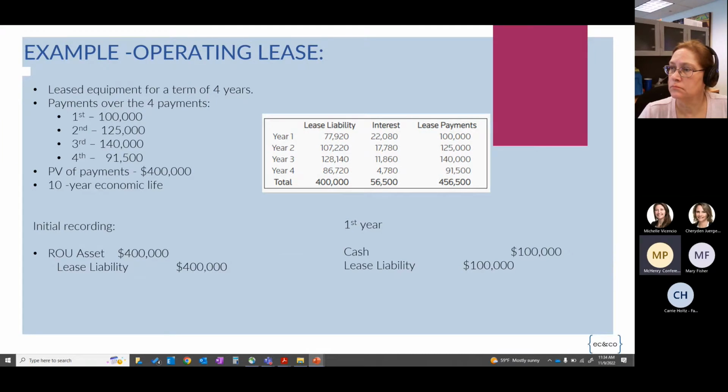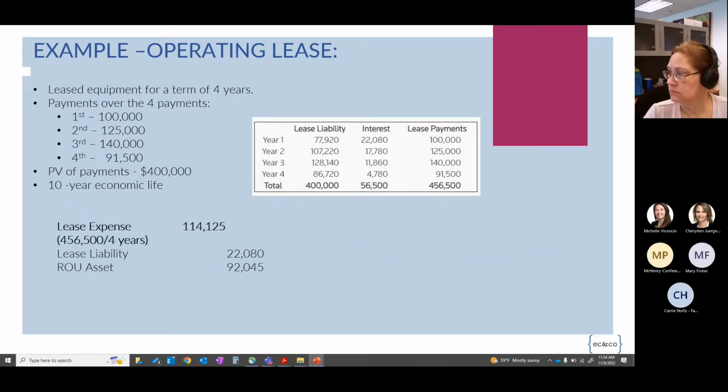All right, and then same example, but we're saying that it's an operating lease. So this first slide, everything is going to be exactly the same. We're recording the 400,000. The cash that's getting paid is going to go against cash and against the liability. What's different though is then when we get to the subsequent years, you are going to record, so make sure I have that. You're going to record the lease expense, which is the